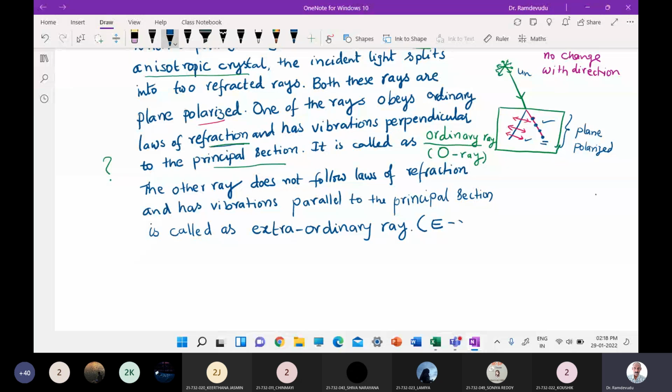So we have two rays. Why are we getting this phenomenon of showing two different rays? This phenomenon we call double refraction. Double refraction is capable of producing two plane polarized lights which are having vibrations in perpendicular directions. And the crystals that are showing this double refraction